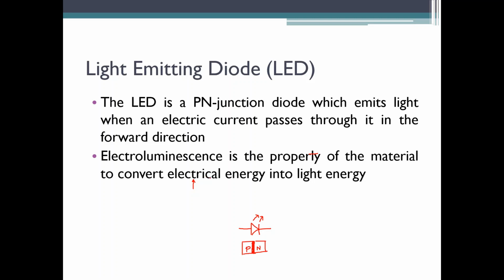In case you can convert other forms of energy, you can call it by the same phenomenon. As it is electrical energy, I call it electroluminescence, or you can just call it luminescence. For example, you would have heard the word bioluminescence, which was happening in the oceans very recently. That was a biological process. But here, electroluminescence is happening because of electrical energy supplied as input to the device, which converts it into light energy.